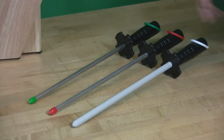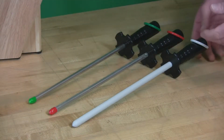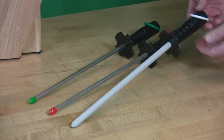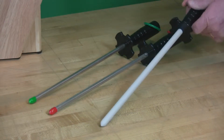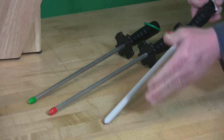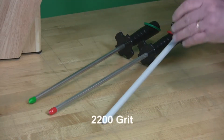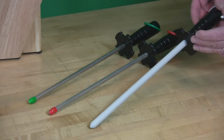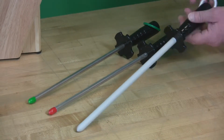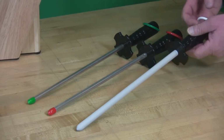Along with DMT's family of diamond steels, we also offer our ceramic steel. It is made of an unbreakable ceramic and actually gives you a finer finish than our diamond steels do. This is about a 2200 grit. It still offers you the same large guard for your personal safety and protection, a D-ring for hanging, and the